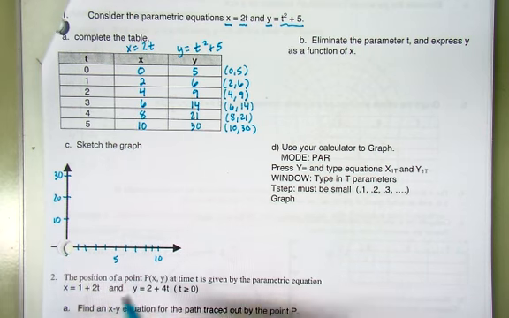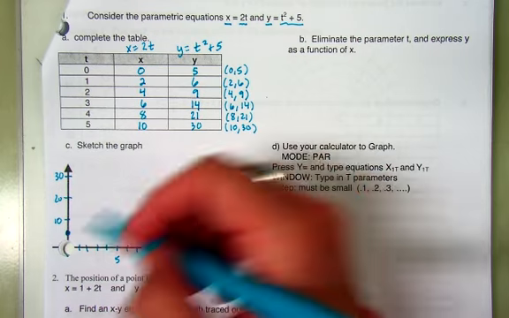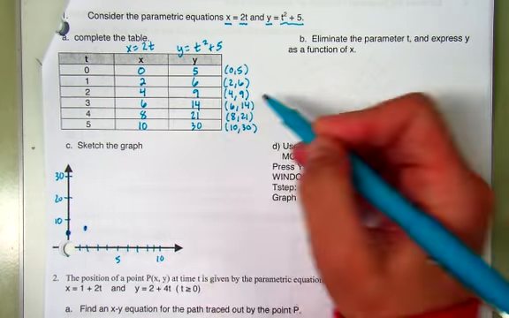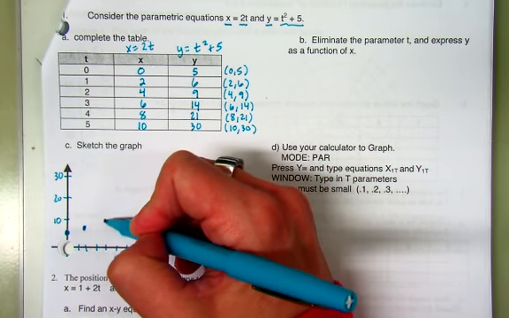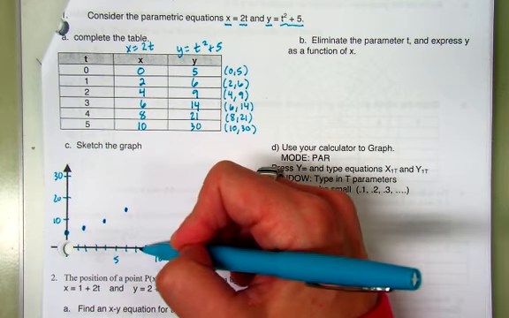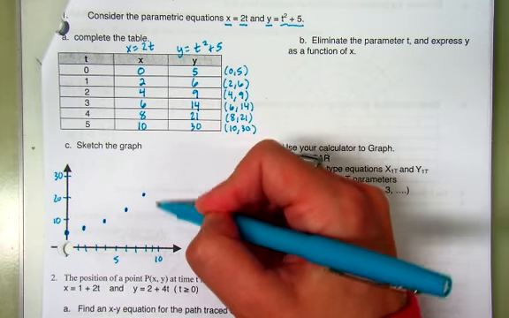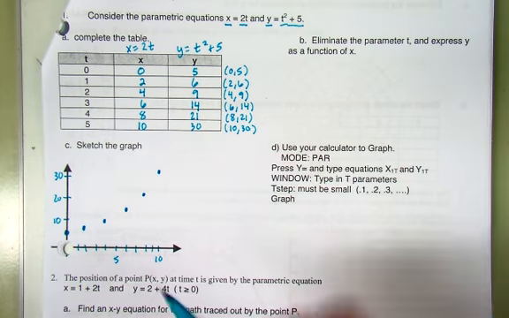Okay, so (0, 5), just kind of a sketch here. (2, 6), (4, 9), (6, 14), (8, 21), and (10, 30). Okay, as I sketch those,